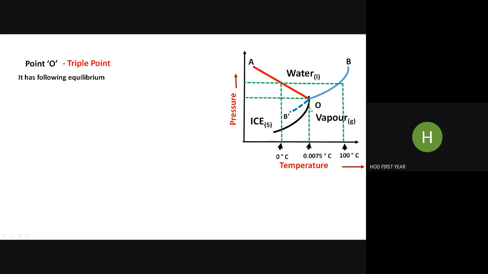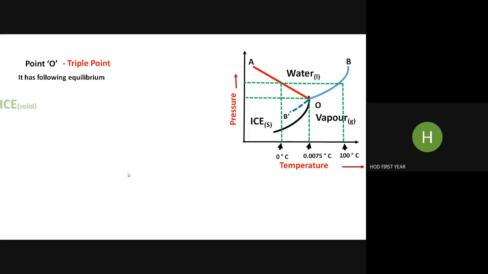And that point O, what equilibrium is there? Look, as we saw the curves, if we look at the curve OB, for example, you should look at the phases across the curve. So here we have liquid water and here vapor water, obviously. So two phases, so we write liquid water in equilibrium with vapor. Okay, so similarly, if I want to write the equilibrium at point O, we should see all possible phases around point O.